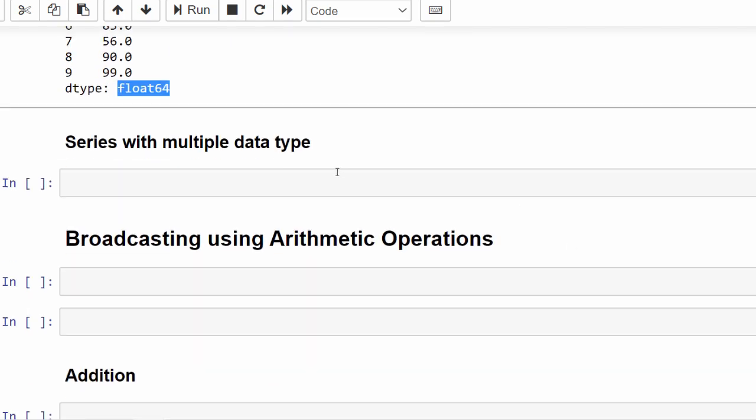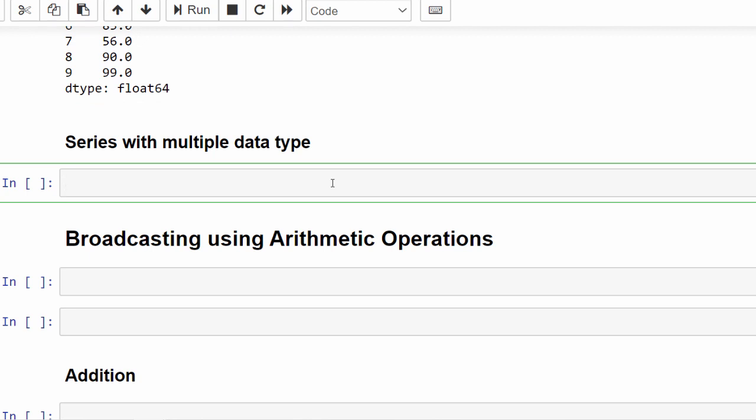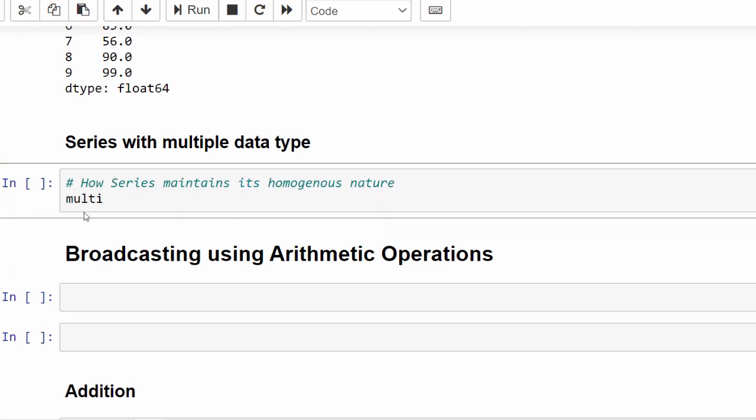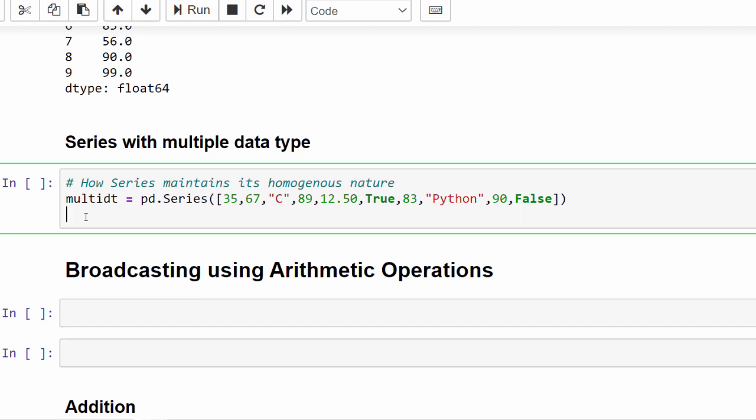In addition to this, one good feature about series is we can have multiple data types within the series, which is not possible in many programming languages. In other programming languages, if you have an array, all the values inside an array must have the same data type. So creating the series using pandas, it contains a list with all the data types: integer, string, boolean, and 12.50 float, all the data types mentioned within the same variable.